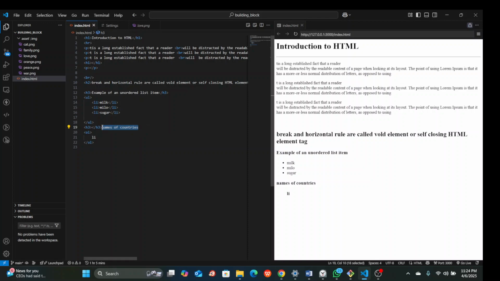Let me cut this and paste it with Ctrl V. No, not this. Let me just write it again anyway. Names of countries. Names of countries. So the list items now. This, names of countries. Then